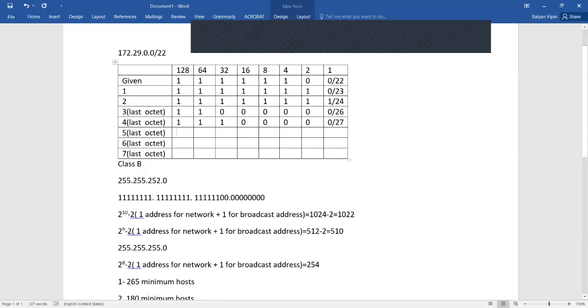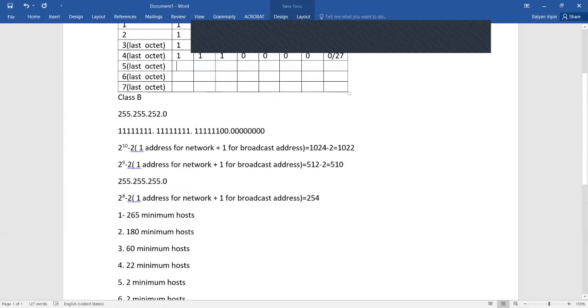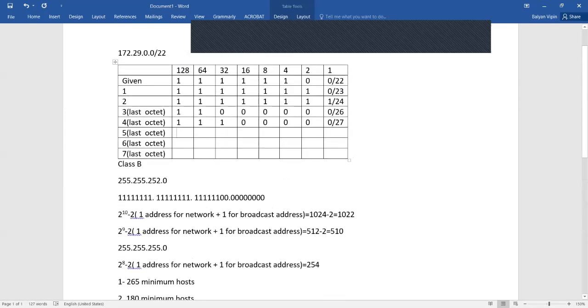Now for the fifth one, you require a minimum of 2 hosts. Why can you not accommodate 2 hosts here? You might say I can add 1 and 2, then it will be 3, and 3 can accommodate 2, but no. We need one network address and one broadcast address for every network we have. So you will use 4, 2, 1.